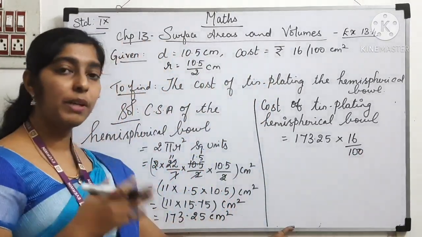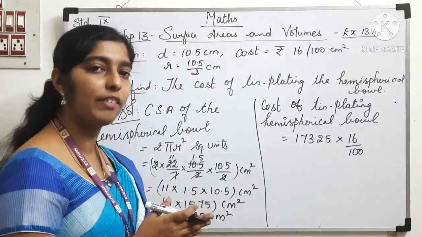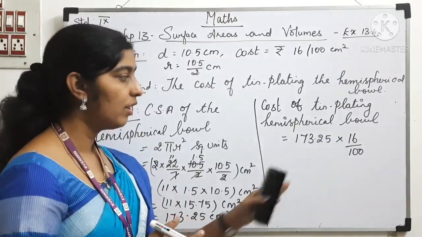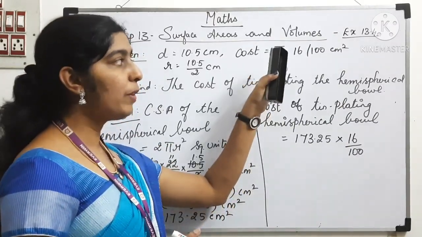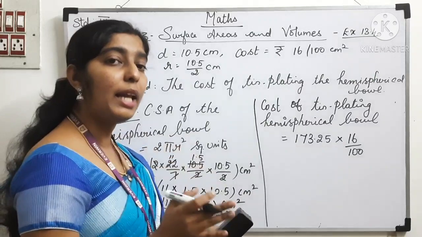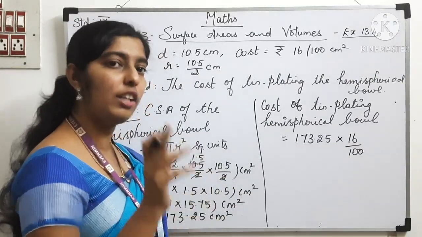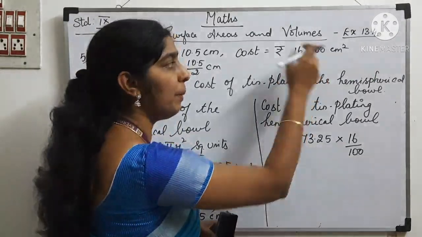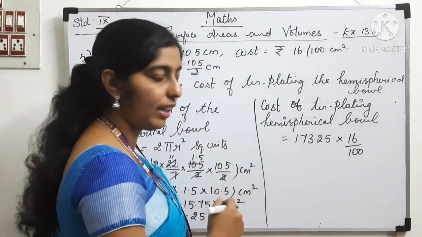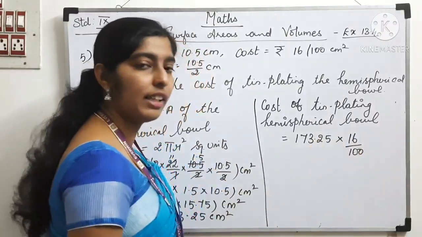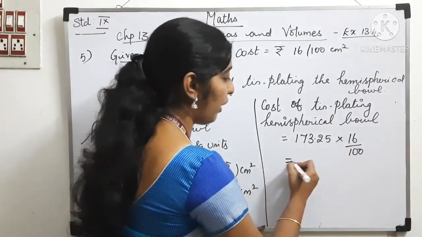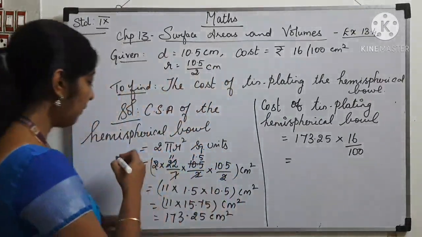So in our previous sums, what we have given, cost will be given as rupees 10 per meter square. Per meter square is 1 meter square, but here 100 centimeter square is given. That's why we are representing it in division form, which is equal to, so when we multiply